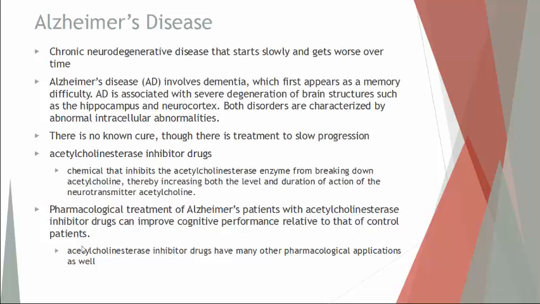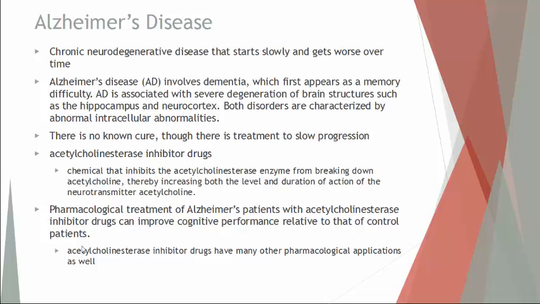So it starts off very slow, the typical senior moments, but it can get to the point where you have huge mood swings. You could be very irritable. You may have a change in your sleeping patterns. You may be able to remember what happened 30 years ago, but not what you had to eat 30 minutes ago. So the short-term memory is getting worse and worse to the point where it could be all gone. And then you may not even recognize close friends or even family members. So this can be very painful to deal with. That's why it's often called the long goodbye.